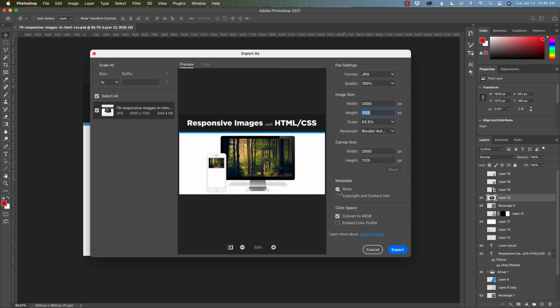Pretty awesome. What I can also do is add metadata, like copyright and contact info, if I want to, and convert the color space. If I had an RGB or an Adobe RGB 1998, I can then convert it to sRGB, and I can also embed the color profile as well. That's really rad. And it also tells me the file size. Every so often, you'll have tools that say you must have this picture no bigger than 1 megabyte or 2 megabytes. So I know that maybe I have to make this 3000 pixels, but if I'm going to get this down below